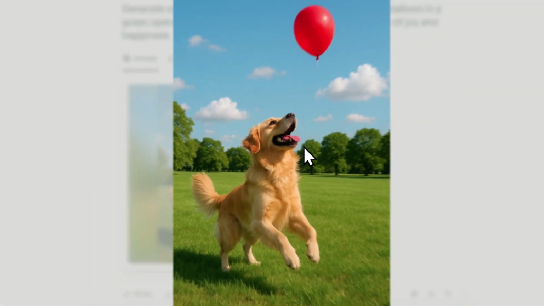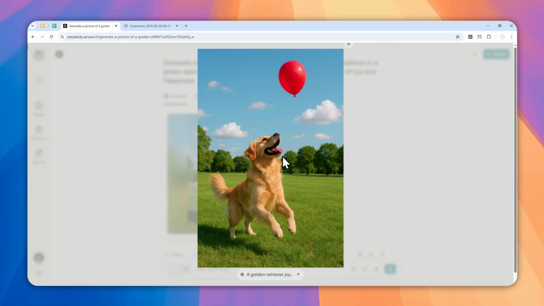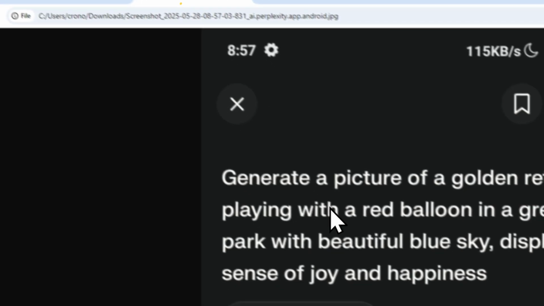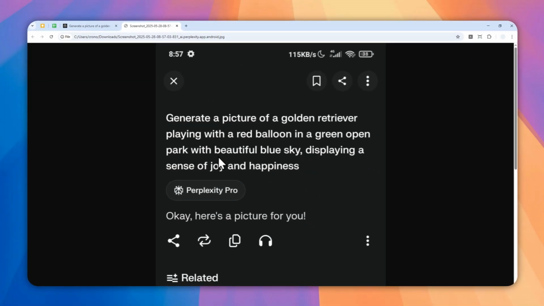So this is one thing that I dislike about Perplexity, that there are some features that are basically exclusive on the platform. There is a feature that only works on the mobile version. There's also a feature that only works on the desktop version. But what if you want to use the mobile version of Perplexity to create a picture? Well, right now when I'm recording this video, you cannot use the mobile app version to create a picture, but